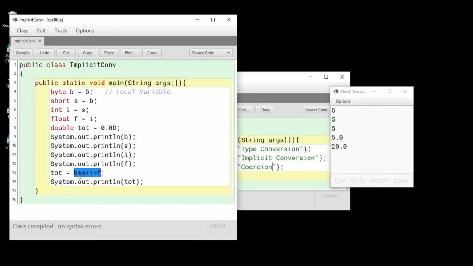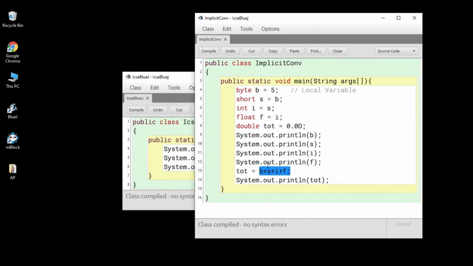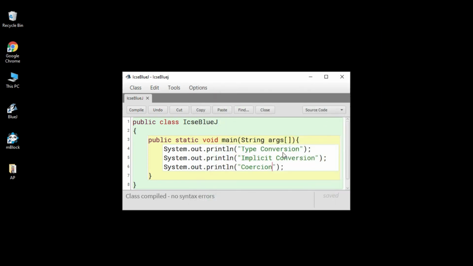Here we saw that different data types are there. Finally the result is getting stored in the variable that holds the maximum bytes. So our total is going to hold the result, and that is what is being printed right over here. You will see this kind of statement in your exam, where they put forward variables of different data types and ask whether this kind of statement, this syntax, is valid. The answer is going to be yes, because you are handling the topic called type conversion, and it is implicit conversion. That's what this video was.